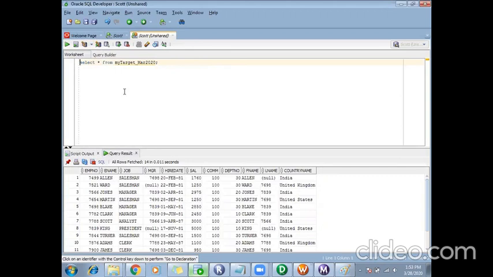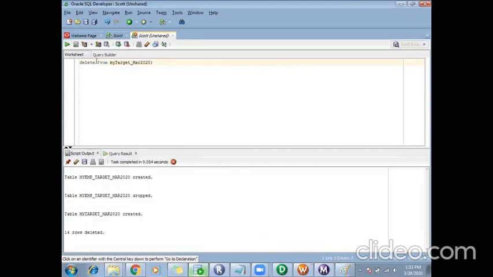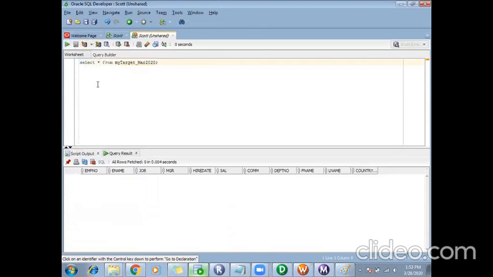It has the same structure as my source table, and it has also copied the data from it. Since I want to load the data from Informatica, I will just delete it. So my target table will be empty at this point. We'll try to load the data through Informatica. Okay, so right now it is empty.